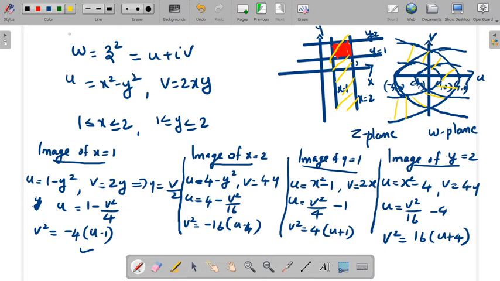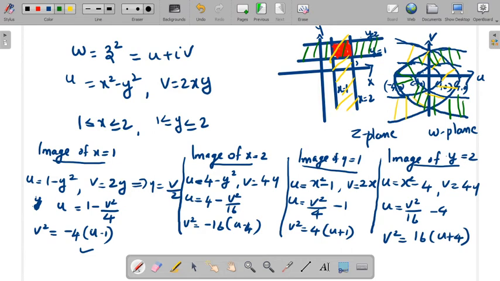Now when you consider the other one, that is y from 1 to 2, that is the strip y from 1 to 2, idinte image nu parayunnu, this is the image of y is equal to 1 and this is the image of y is equal to 2. So ഇവരുടെ രണ്ടുപേരുടെയും ഇടയിലത്തെ റീജിയൻ ആണ് നമുക്ക് വരുന്നത്, y from 1 to 2 എന്ന് പറയുന്ന ഇൻഫിനിറ്റ് സ്ട്രിപ്പിന്റെ ഇമേജ് വരുന്നത്. ഓക്കെ, സോ ഇത് രണ്ടും കൂടെ നമ്മൾ ഈ റെഡ് മാർക്ക് ചെയ്തിരിക്കുന്നത് ഈ ഗ്രീൻ,